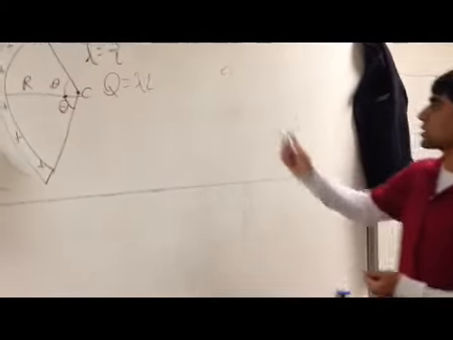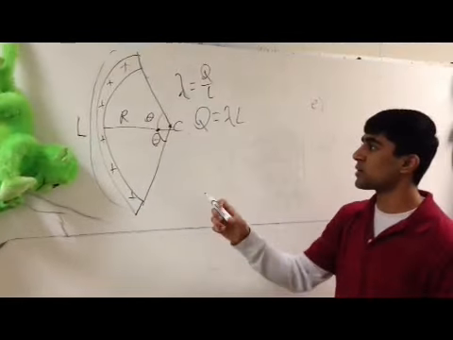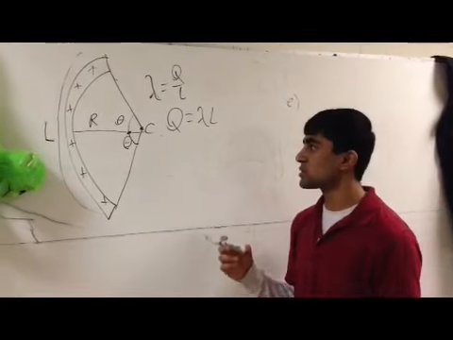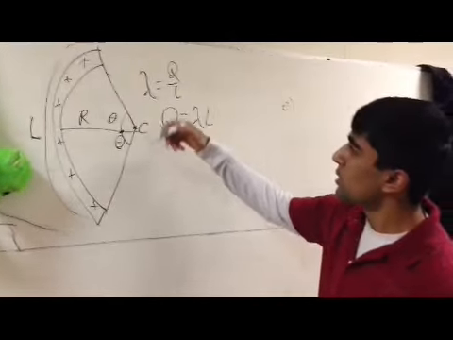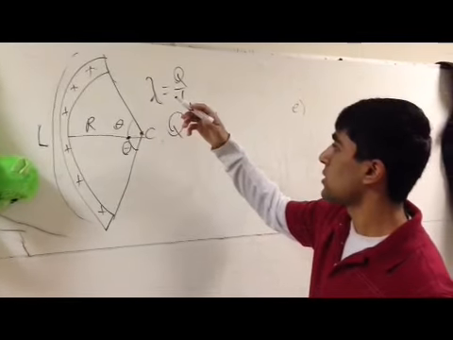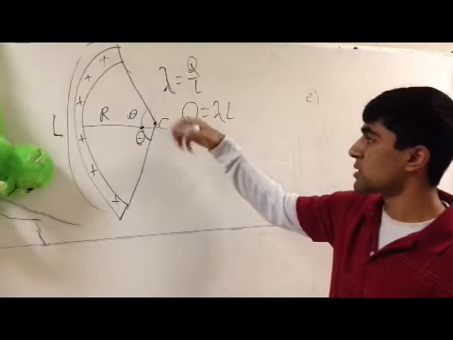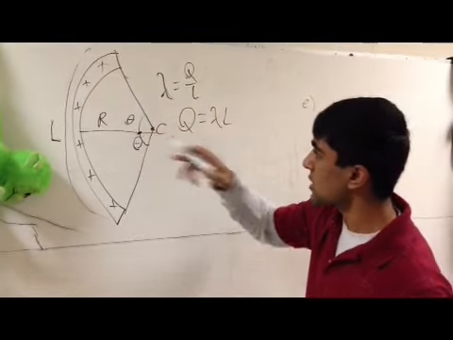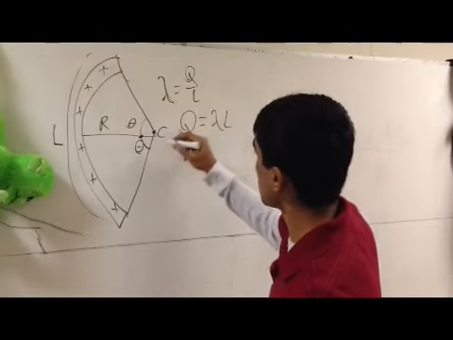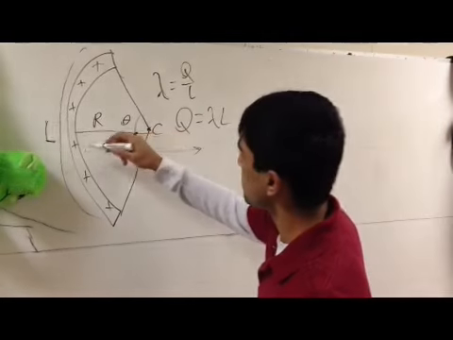arc. This is part E. It asks for the magnitude of the electric field for this diagram. First we'll find the direction of the electric field. The y components all cancel out because it's symmetric with respect to the y-axis. In the x-axis, there's going to be components, they're all going to go this way. So the electric field is going to be this way because this,